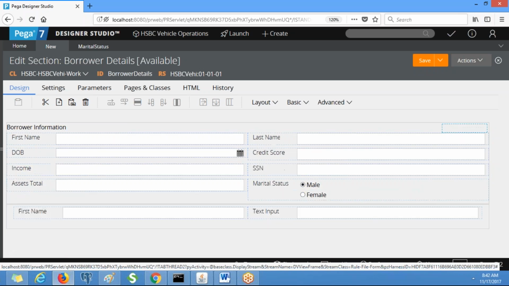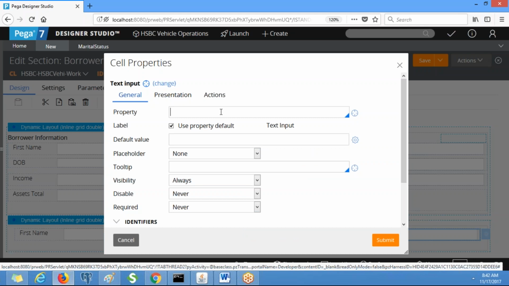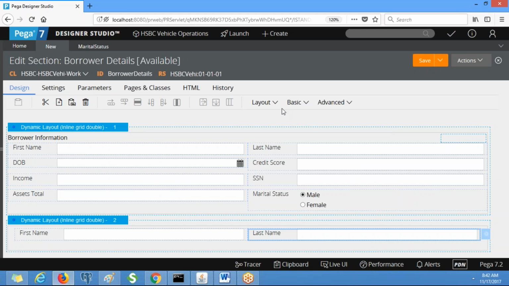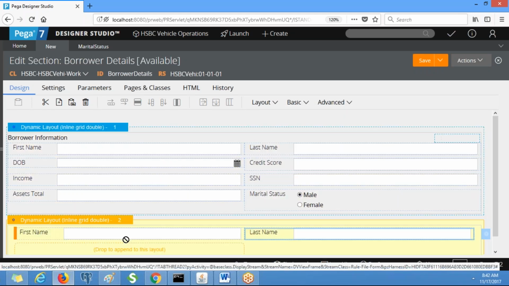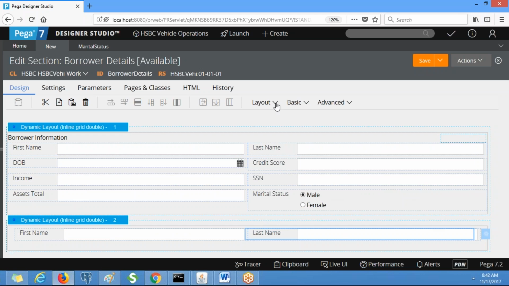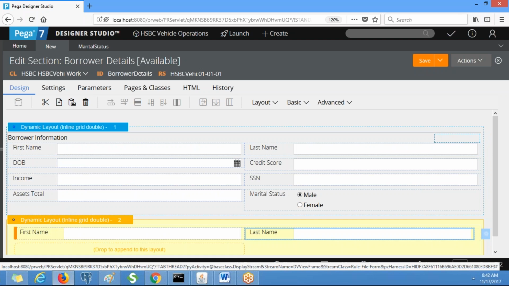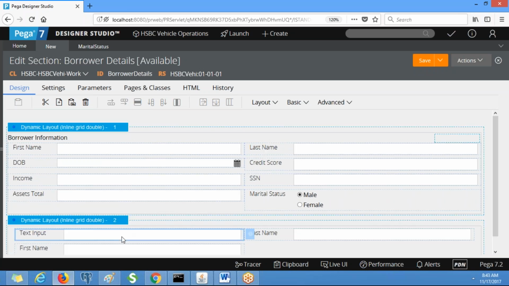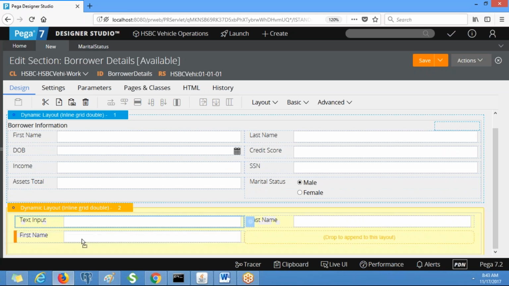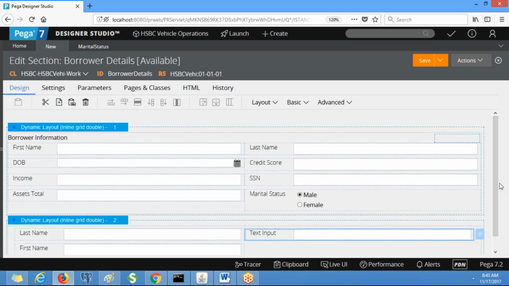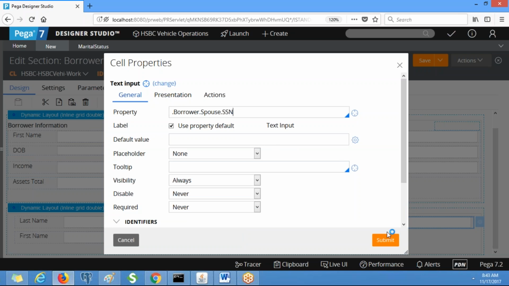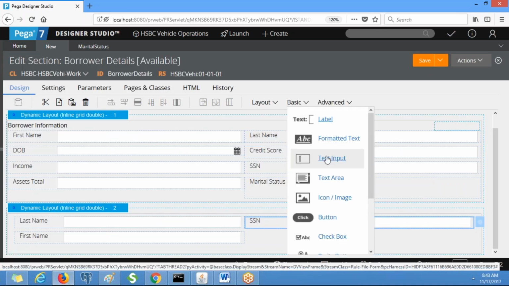Similarly, spouse last name. Okay, you can arrange like this: SSN, date of birth, and income.